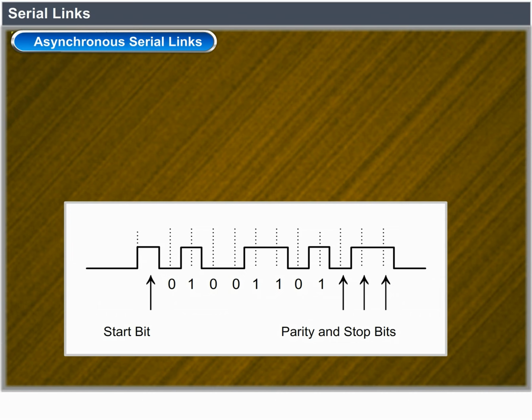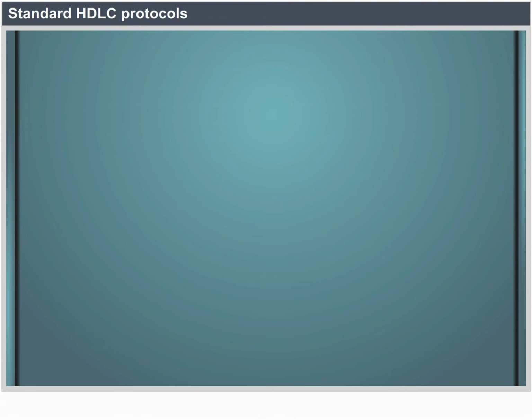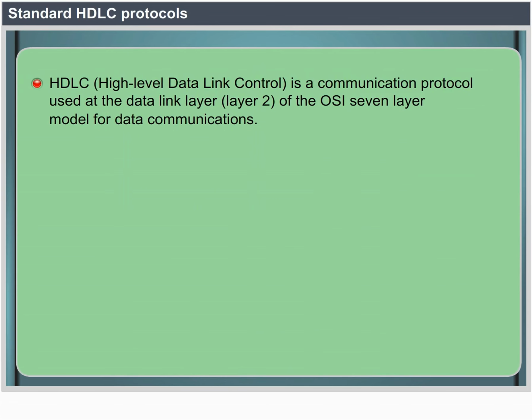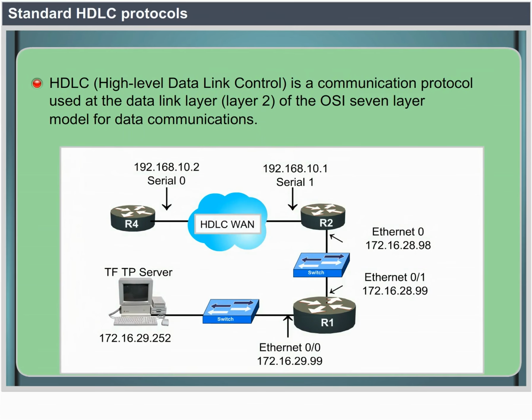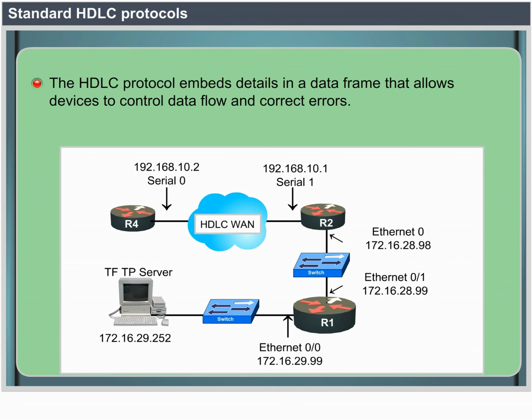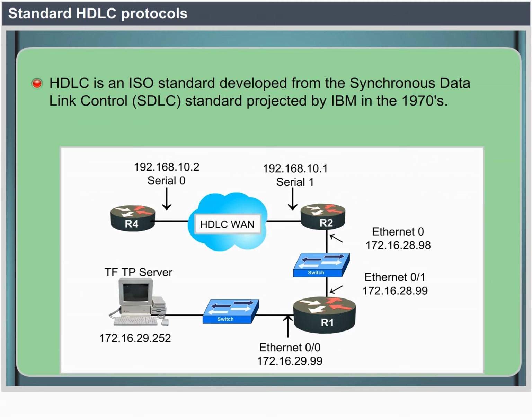Standard HDLC protocols. HDLC, or High Level Data Link Control, is a transmission protocol used at the data link layer, that is layer 2 of the OSI 7-layer model of data communications. The HDLC protocol embeds information in a data frame that allows devices to control data flow and correct errors. HDLC is an ISO standard developed from the Synchronous Data Link Control, or SDLC, standard proposed by IBM in the